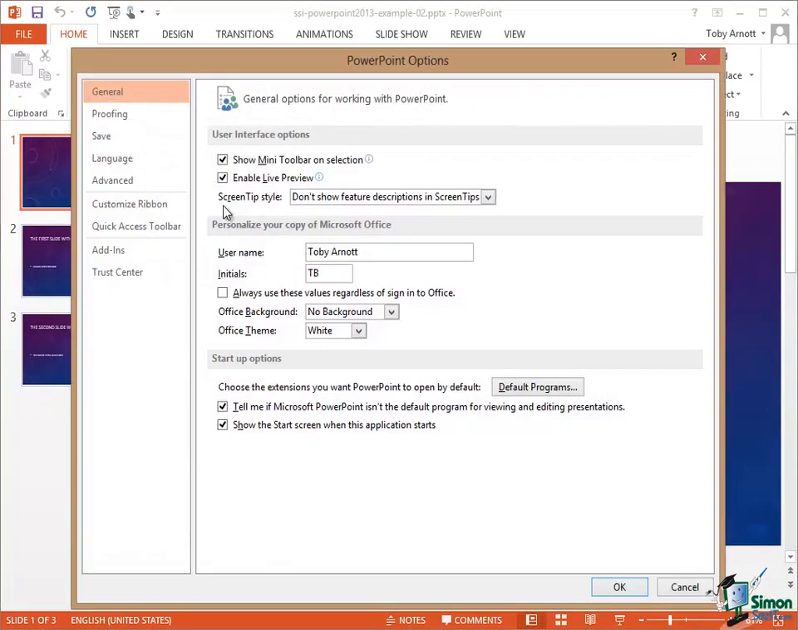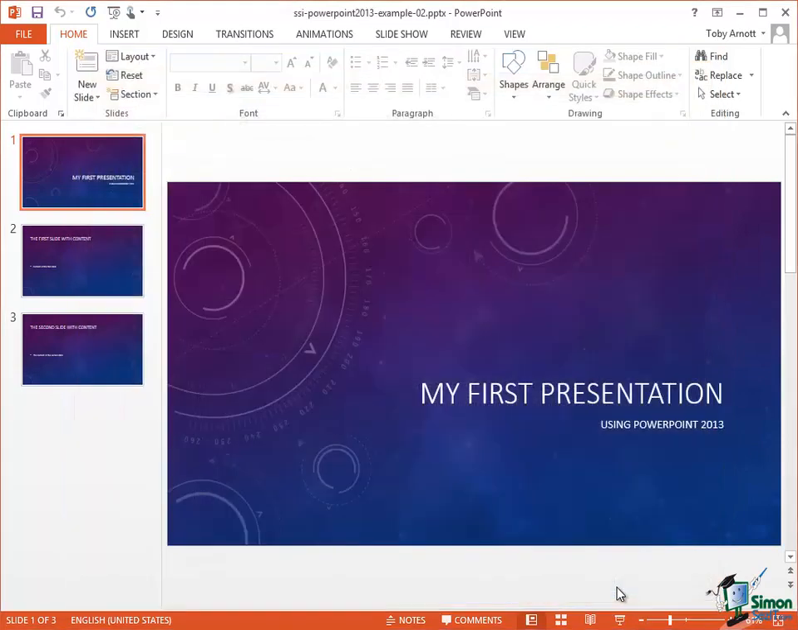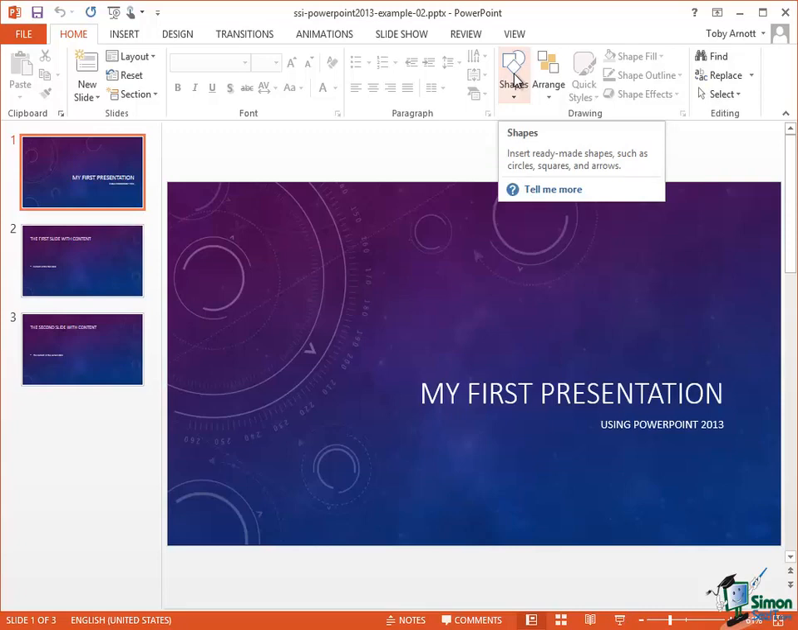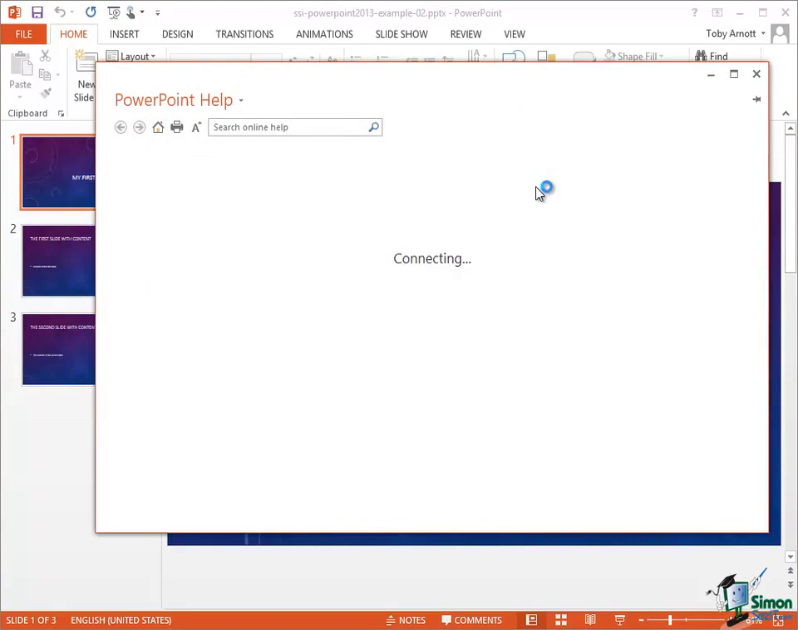On the general page, the third option there is Screen Tip Style, and it says don't show feature descriptions in screen tips. If I change that to say show feature descriptions in screen tips, click on OK, then go back to that same command again, hover over it, I now get shapes, insert ready-made shapes such as circles, squares and arrows, and then I can even click on tell me more, and it brings up the PowerPoint help, and it